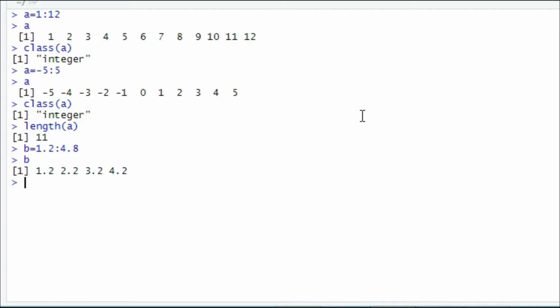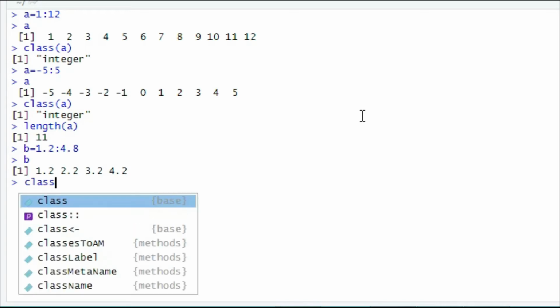So in the sequence function, this drawback is removed. First, just check that class of B is decimal.